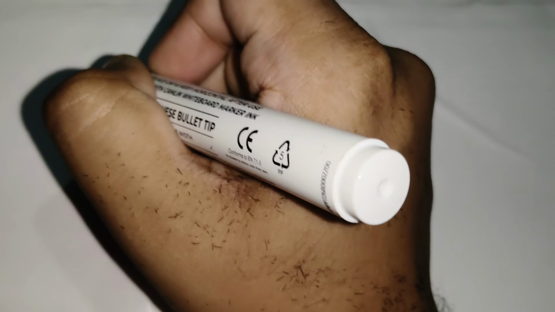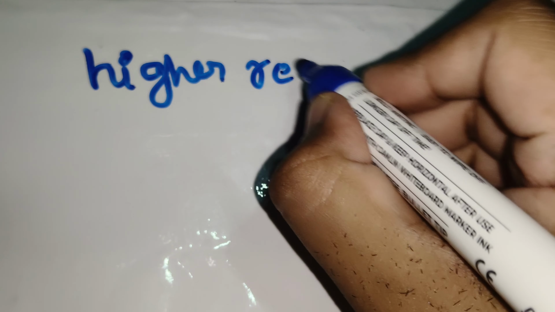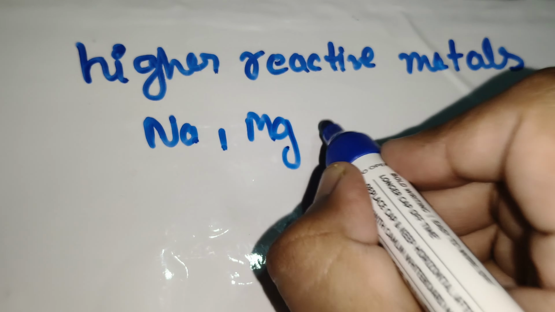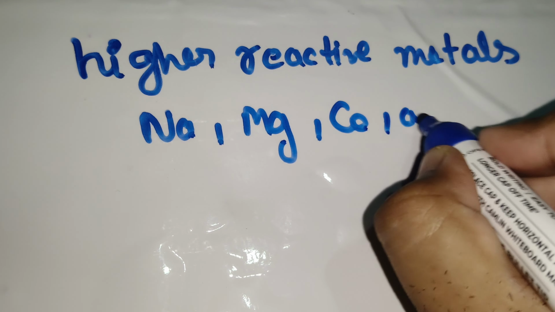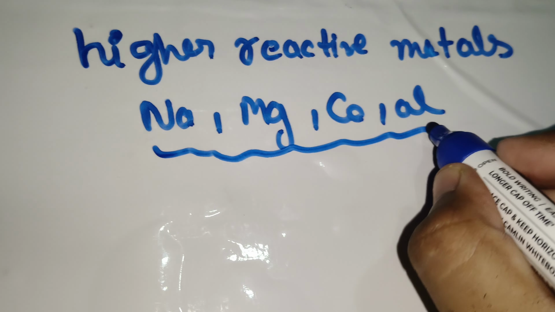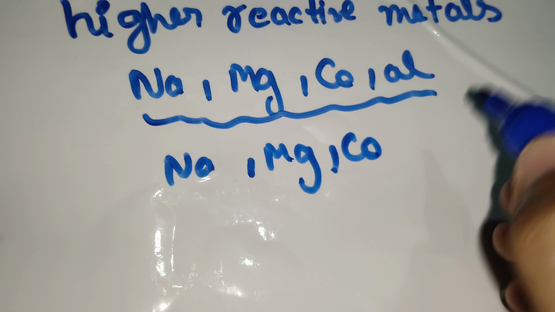So here we are, seeing the over extraction according to the reactivity. Now we're going to see the higher reactive metals. For the case of higher reactive metals like sodium, magnesium, calcium, and aluminium, they are also the higher reactive metals. Among these, sodium, magnesium, and calcium are obtained from